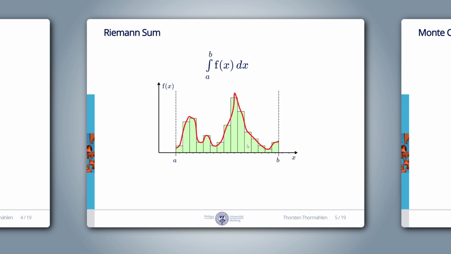If we subdivide the interval from a to b into capital N rectangles, the width of a rectangle is b minus a divided by N. And the height is the value of the function f of xn at the current location xn. To compute the area of each rectangle, we multiply its width by its height. We get f of xn times b minus a divided by capital N for the area of each rectangle. Now we take the sum over all rectangles to approximate the integral.